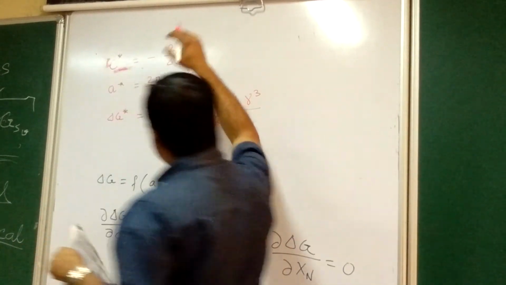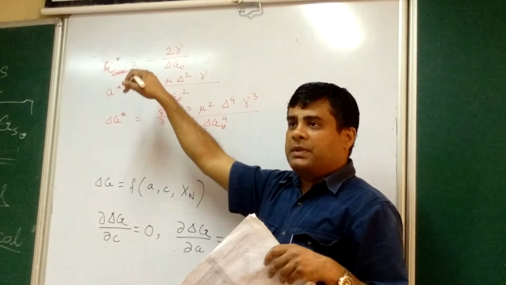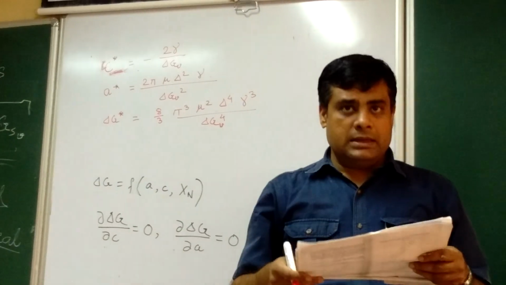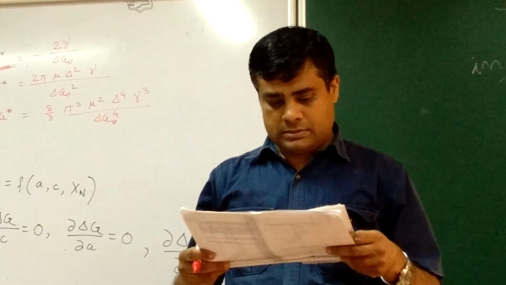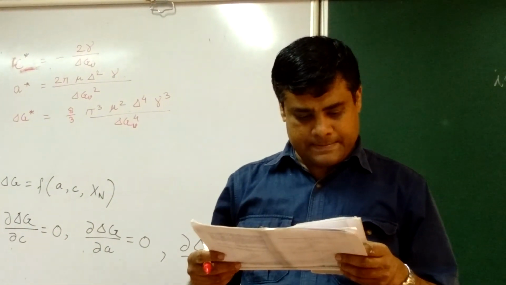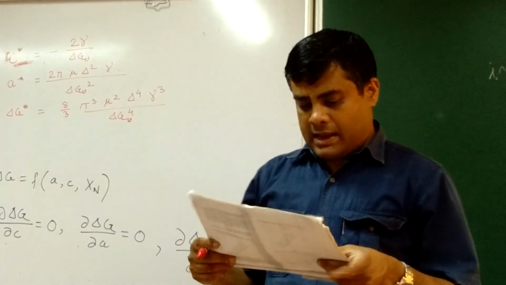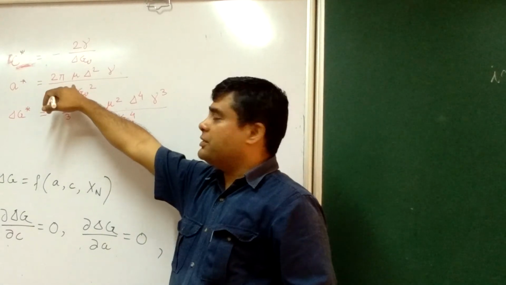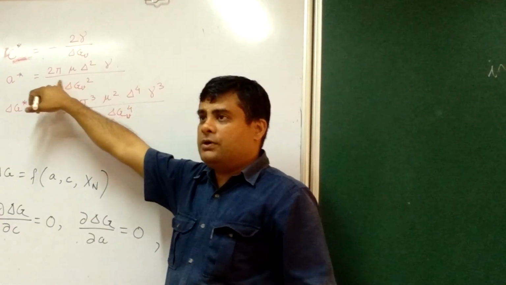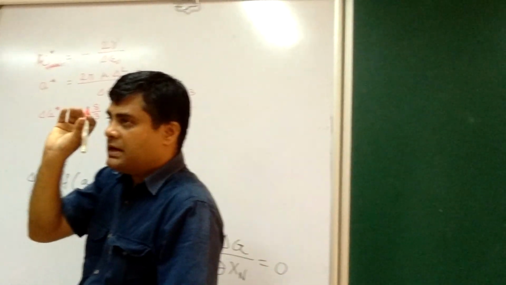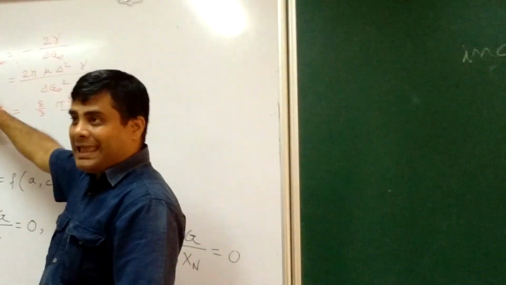So you note that what is the mu? Mu was the shear modulus of the matrix or the stiffness. As it increases, as the shear modulus or the stiffness of the matrix increases, your critical size nucleus A equatorial